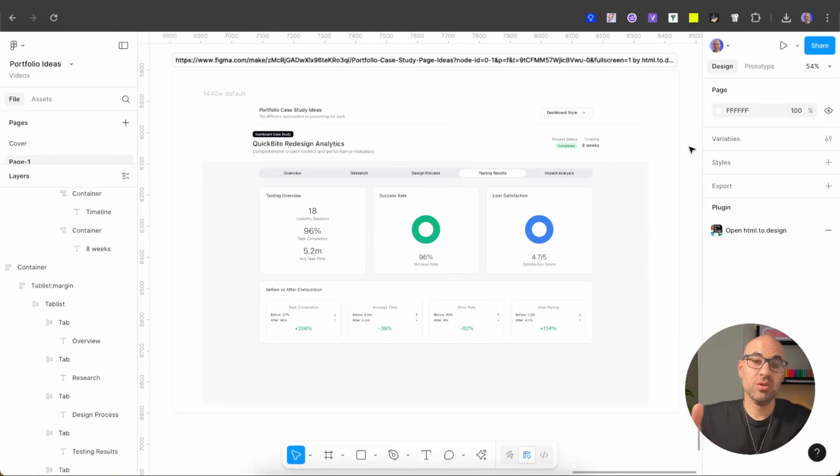So in this video, we saw how we can use Figma Make to generate different ways to design our portfolio. We started with 5 options, then we added 5 more options. And at the end, we took one of the options and imported it with the plugin HTML2 Design. So that is all for this